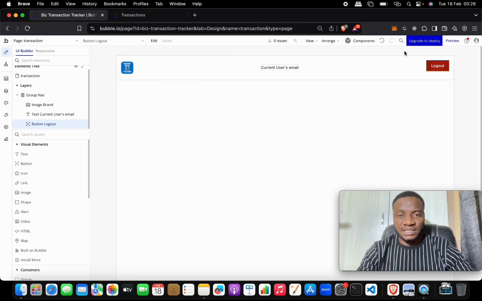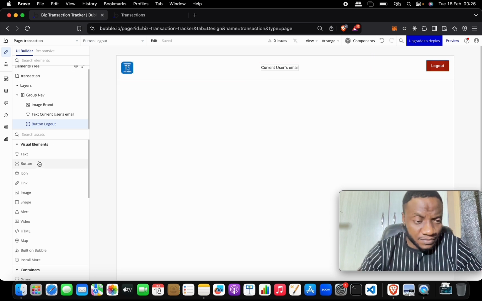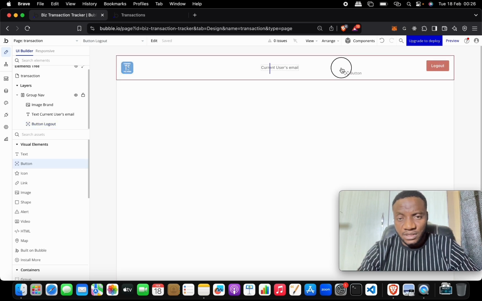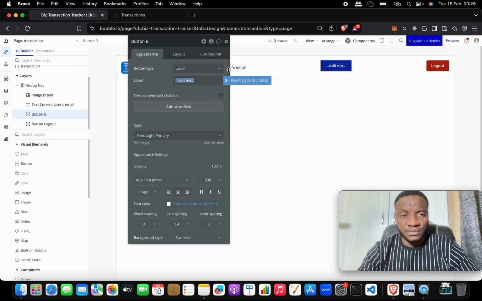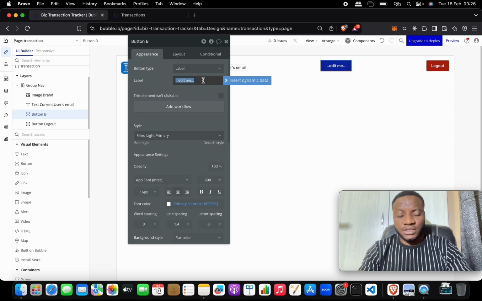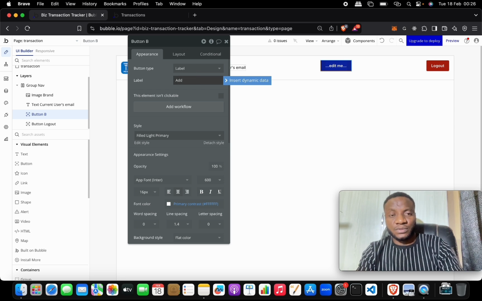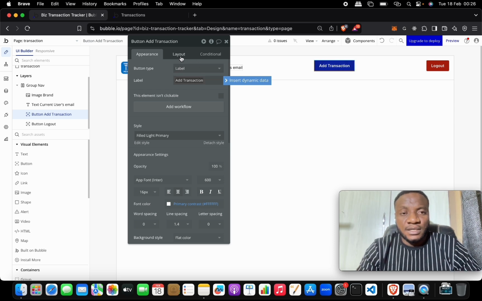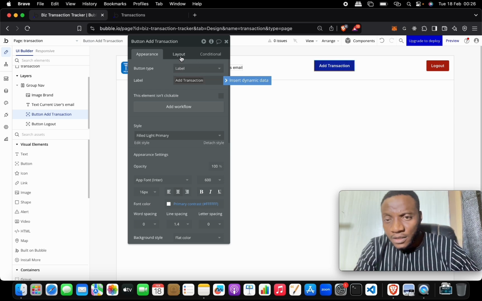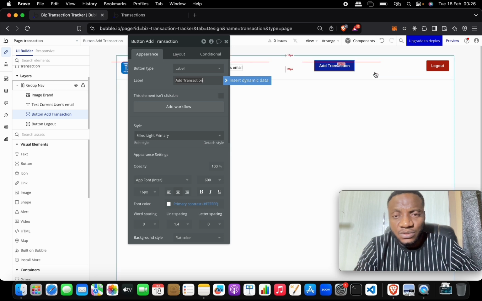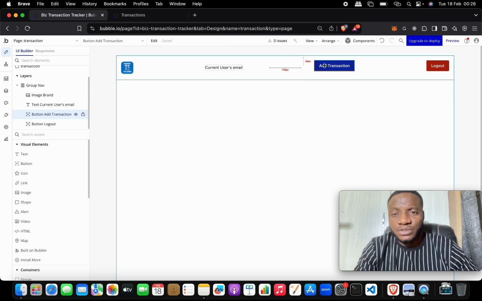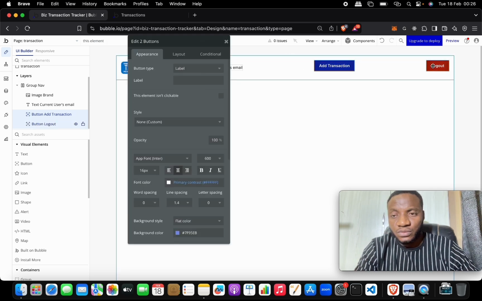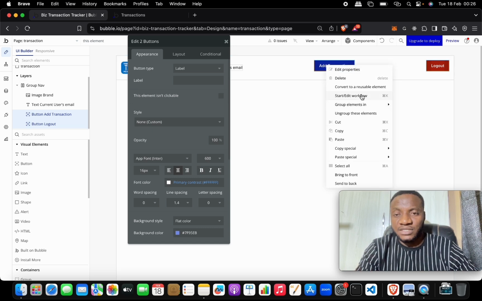back here, let's add another button to this top. Okay, so let's add the button like this, and then let's change it to add transaction, something like that. That's it. Basically, that's what we need to do. But what we can do this time around is to group the two, that is the two buttons we have here, so that they are both in the same place. So let's convert this